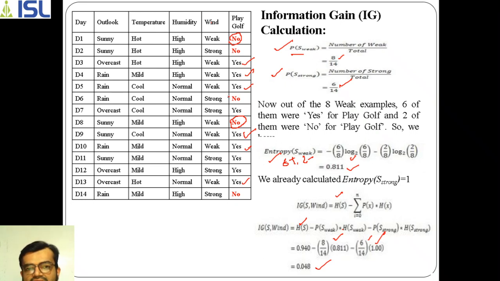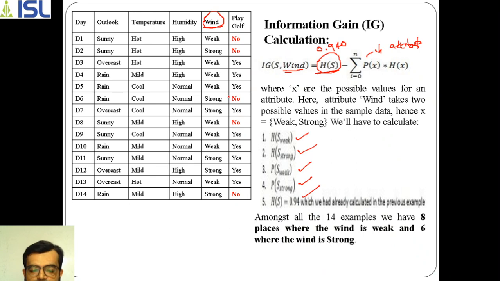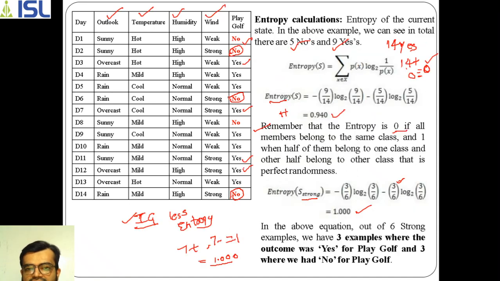So by this I conclude today's session. And one more thing I want to say is that I'll be giving an assignment. What you people have to do is draw a decision tree on your own by taking another example. So with this I conclude today's session. Thank you.